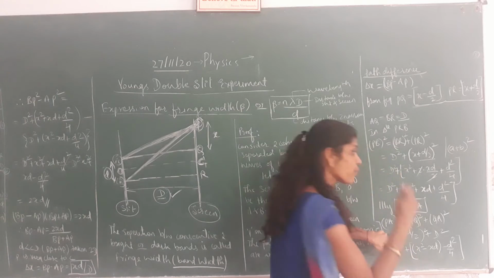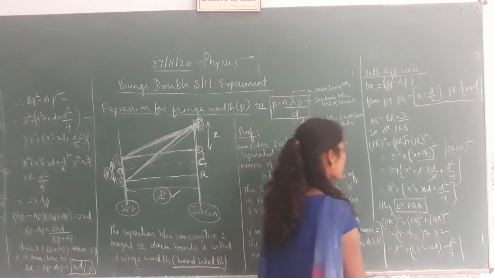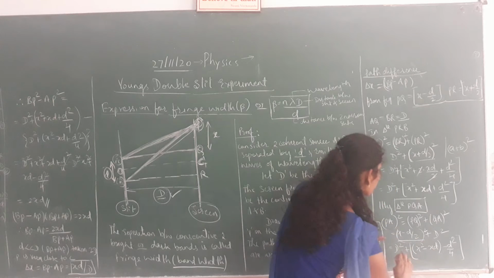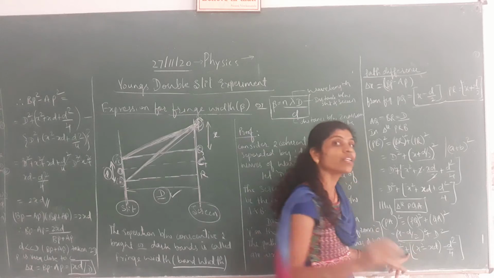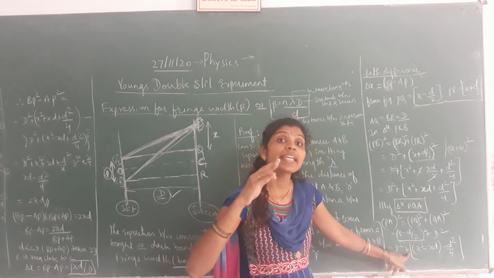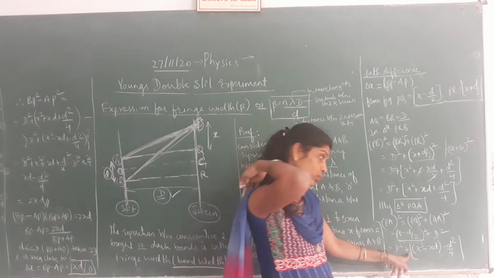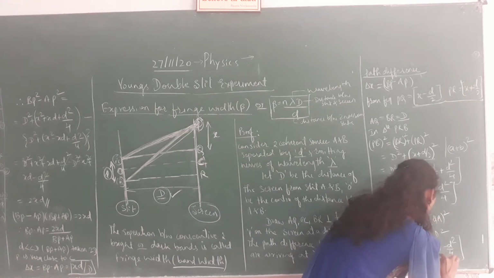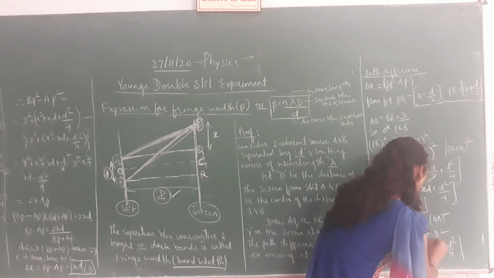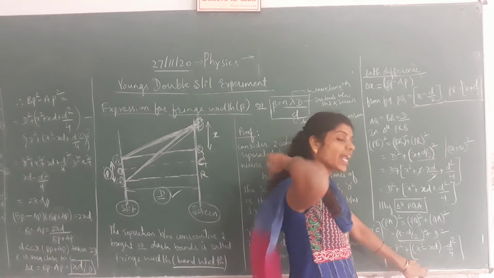Again it is in the form of (x minus a minus b) whole square. We are expanding this one. So d square is kept as it is, and (a minus b) whole square expands as a square plus b square minus 2ab. So x square minus xd plus d square by 4 it becomes. Here if you simplify this one, we are getting like this.